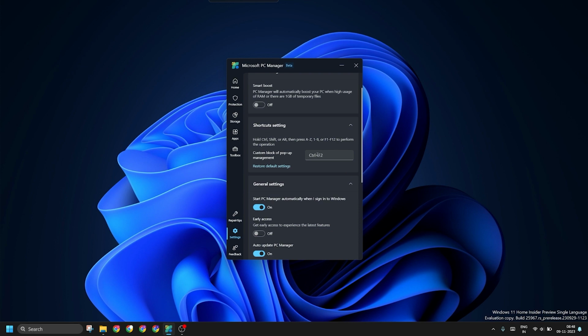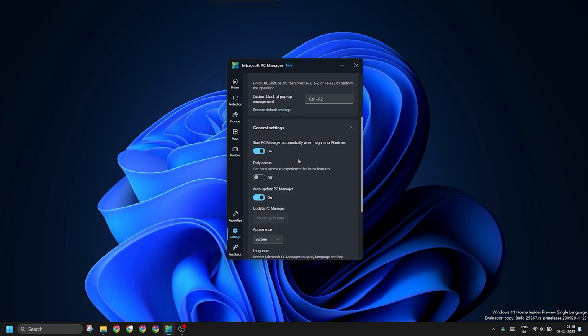So this was a quick overview of the new Microsoft PC Manager beta app that you can try on your